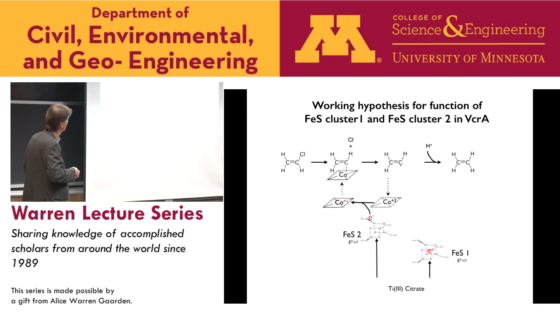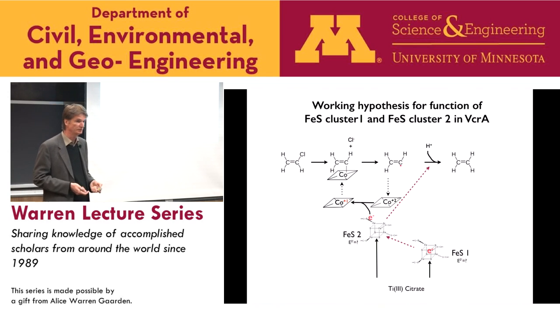The cobalt-2 is reduced by one iron-sulfur cluster with one electron. The reduction of this vinyl radical may occur from an electron of a second iron-sulfur cluster, or it may occur through the same iron-sulfur cluster. This is essentially postulated based on the proximity of these two iron-sulfur clusters relative to the chlorine ring. So that's a working hypothesis. That's not proven. But since we now have sufficient protein, we can do this structure-function analysis.